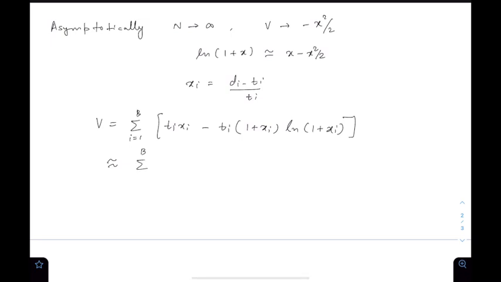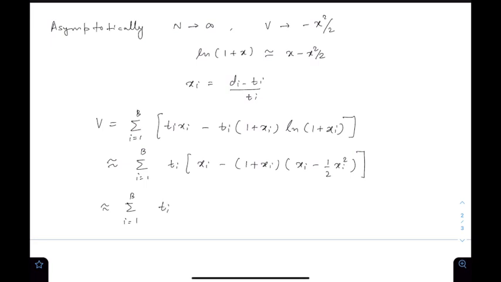Using just the first two terms of the log expansion, and taking t_i on the outside, it becomes x_i minus 1 plus x_i times x_i minus half x_i squared. So this can further be approximated as, if you're only keeping terms up to the x squared part,